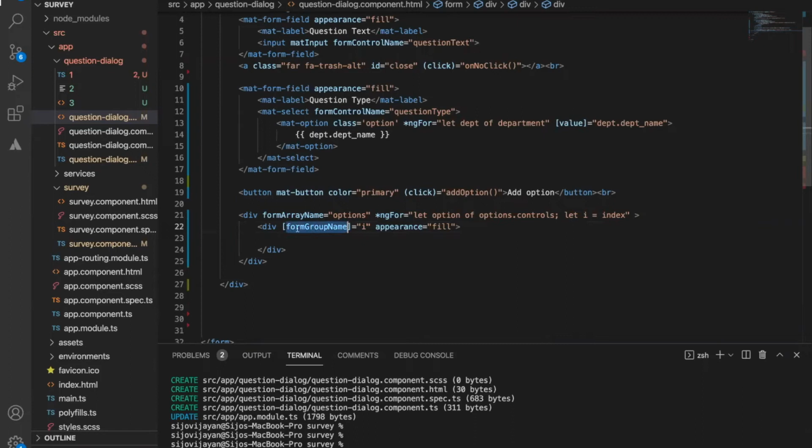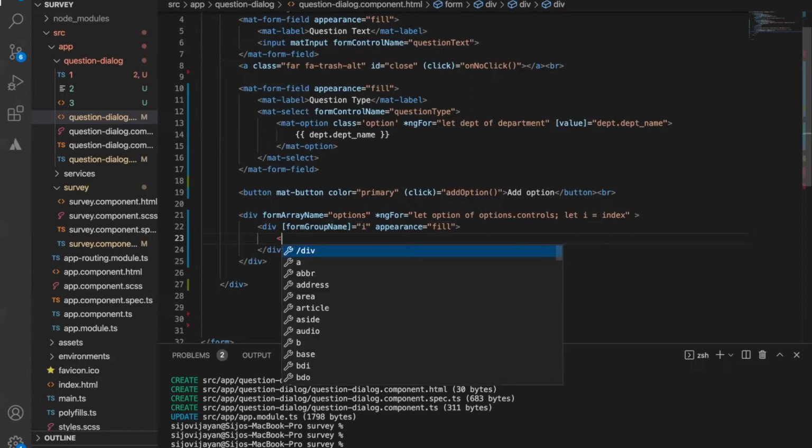We also need to define the form group name as well. That's why we define this index and the index number. So we are defining this as the form group name. This thing is not relevant, but it's a part of the mark control. In this we can define some other elements.